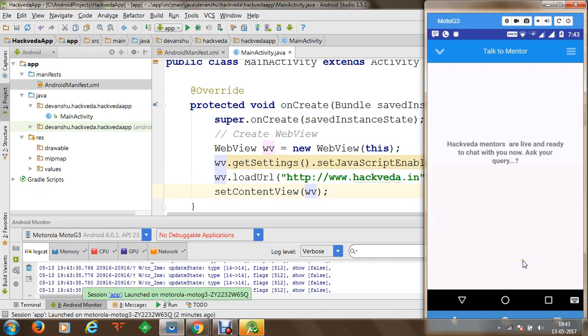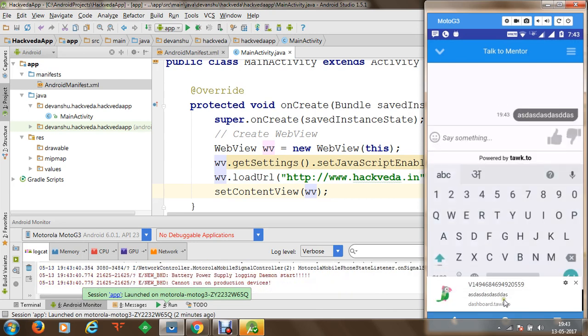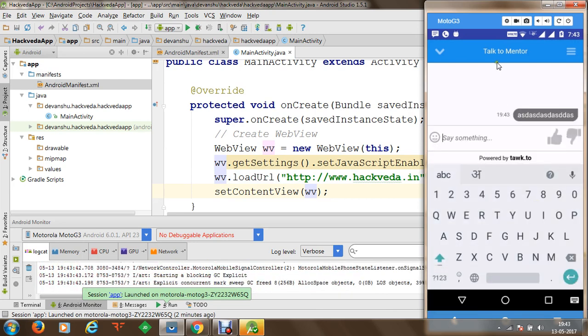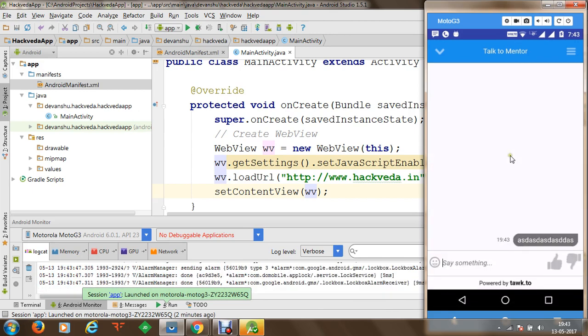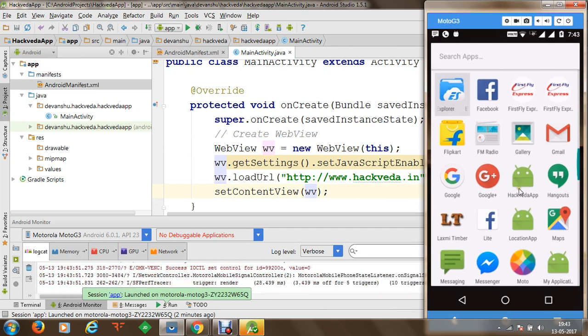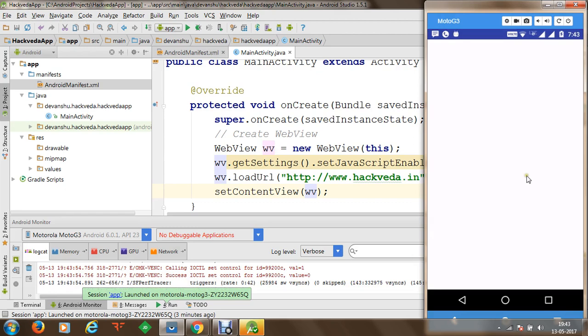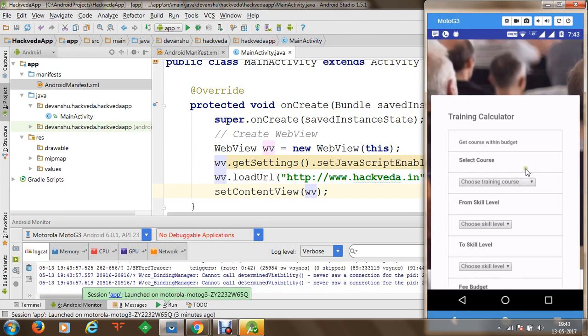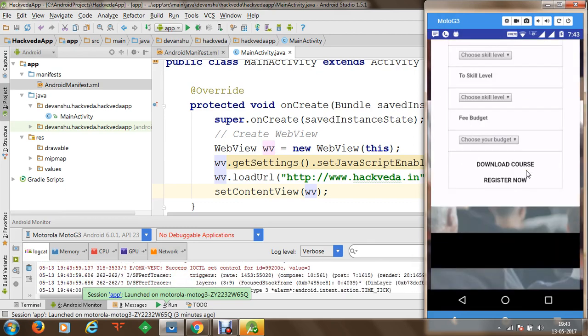So this is the web view control, using which, let's say we have sent a message, now people can reply back to us. So whatever content you have on your website, you can quickly use the concepts of web view and display whatever content you have. Moreover, the navigation which you have on your website will work exactly the same.